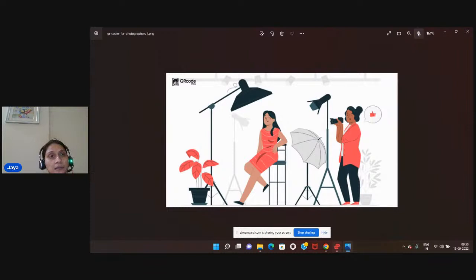people in their industry. They want more and more experience rather than taking new ones, because with experience you get more and more things done. You get more and more enhancement while you are in this particular industry. So, how can a videographer and photographer use this QR code for marketing their business?